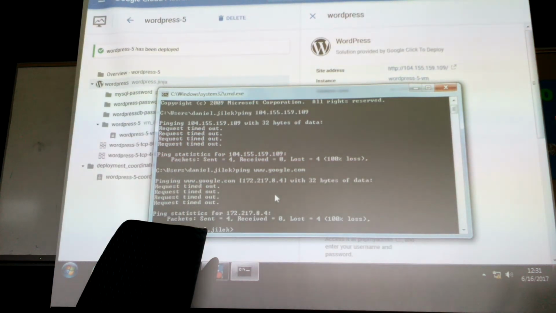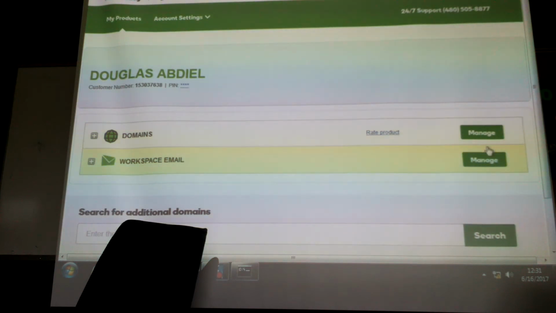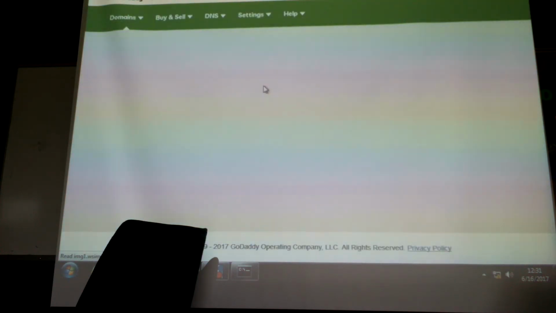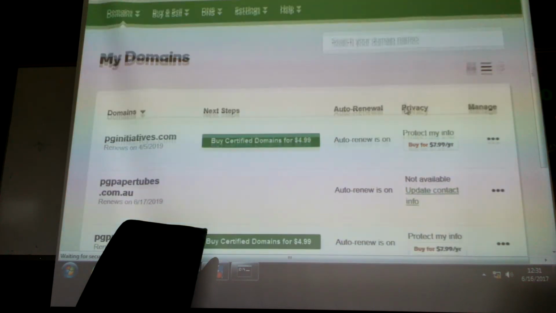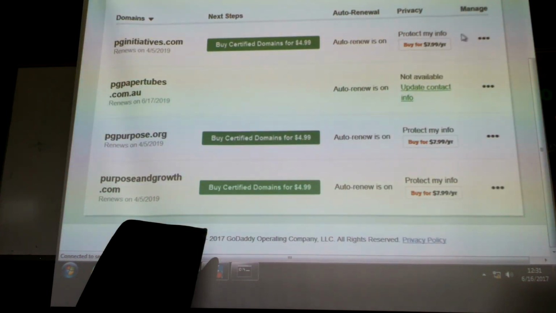If I go into my domain name server here, which I should have dug into a little bit more, and I look at the domains that I own. So I own a little company, a little social enterprise down in Australia that has a non-profit component, a for-profit component and stuff. And they each have different websites associated with them. If I go here and I look into my domains, you'll be able to see that